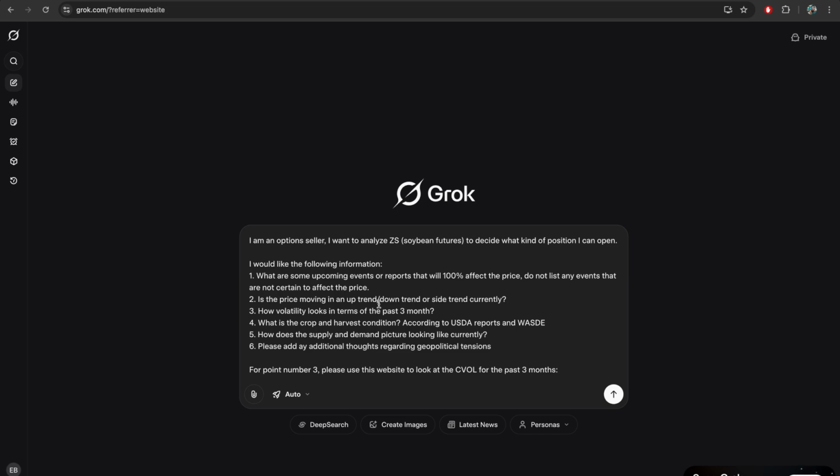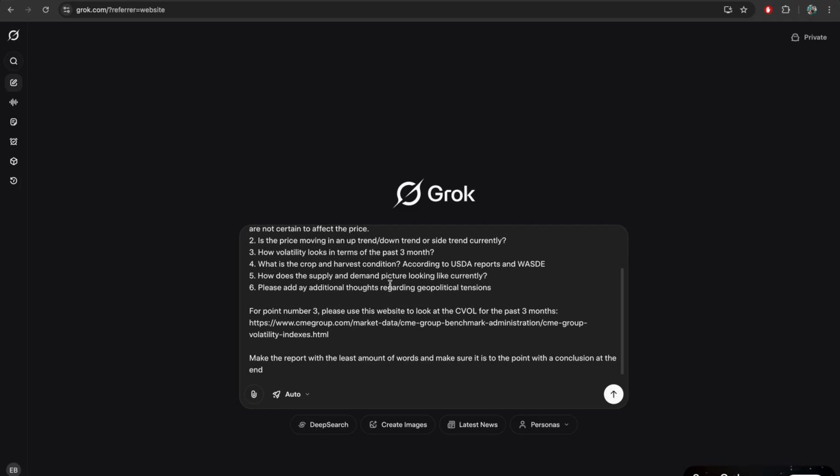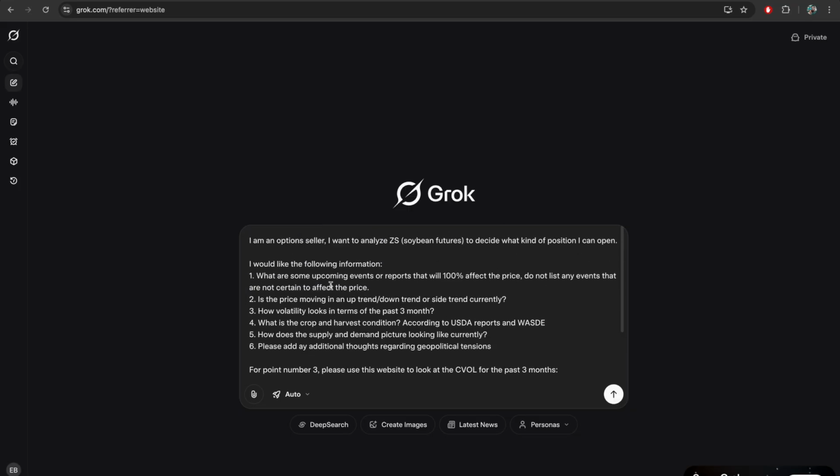This is how I use AI. You can use Grok or ChatGPT to trade soybean and wheat and get all the analysis that I need. So this is the prompt for soybeans. We can do the same thing for wheat. It's the exact same prompt because it's the wheat future. So let's go over the prompt and then see what we get, and then we can look at a potential